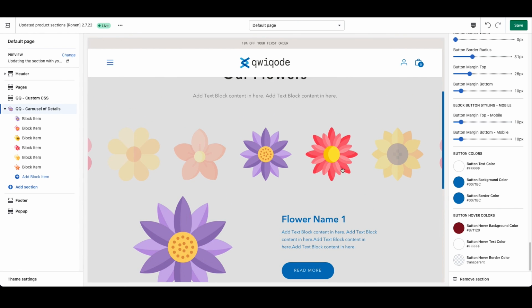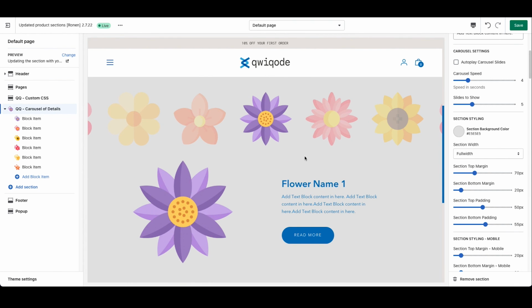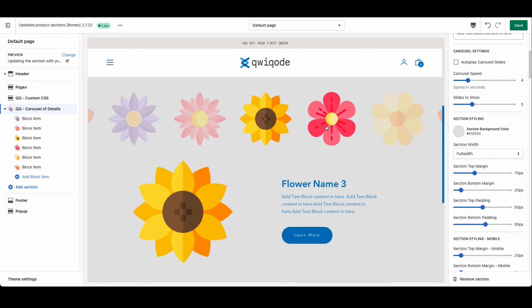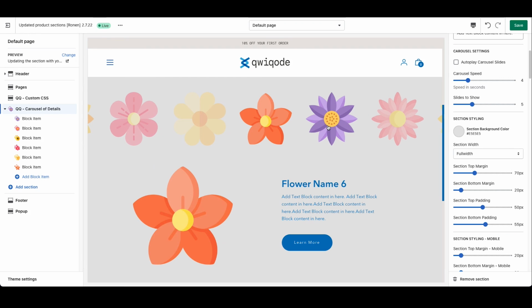So that's it. Those are all the settings that we have, which are plenty for you to adjust. You can use this for many different goals on your site and various pages to explain the different features you have or different details of the product that you sell,